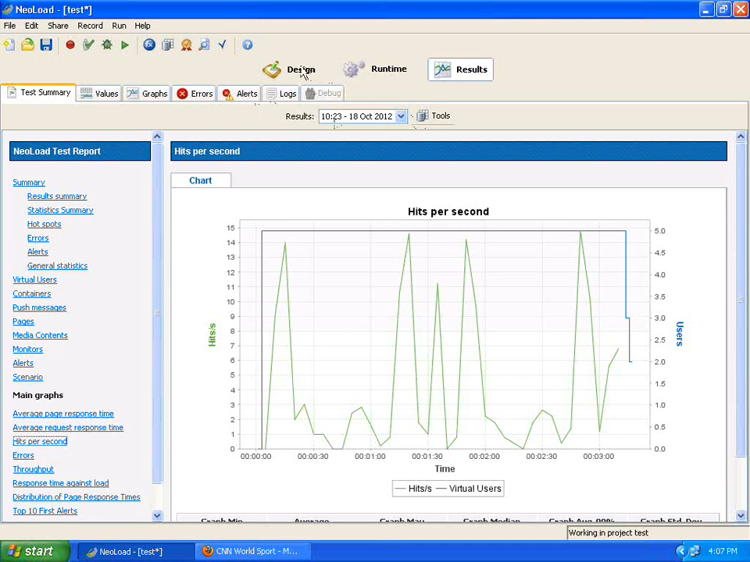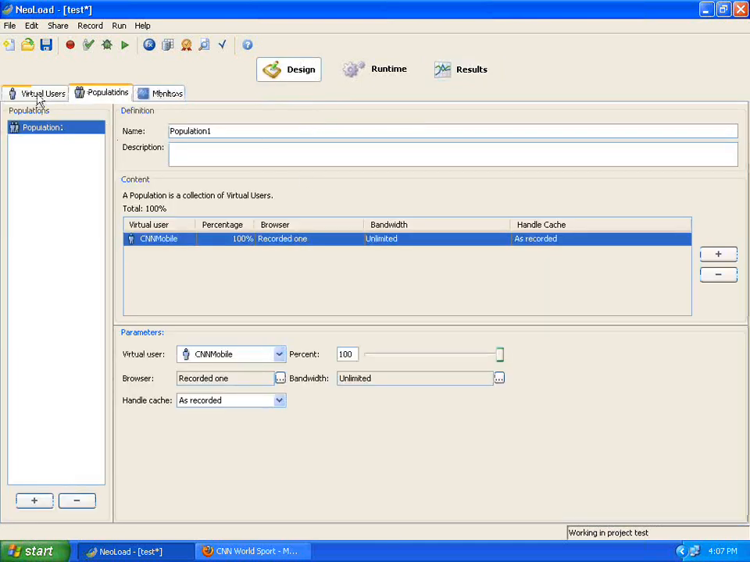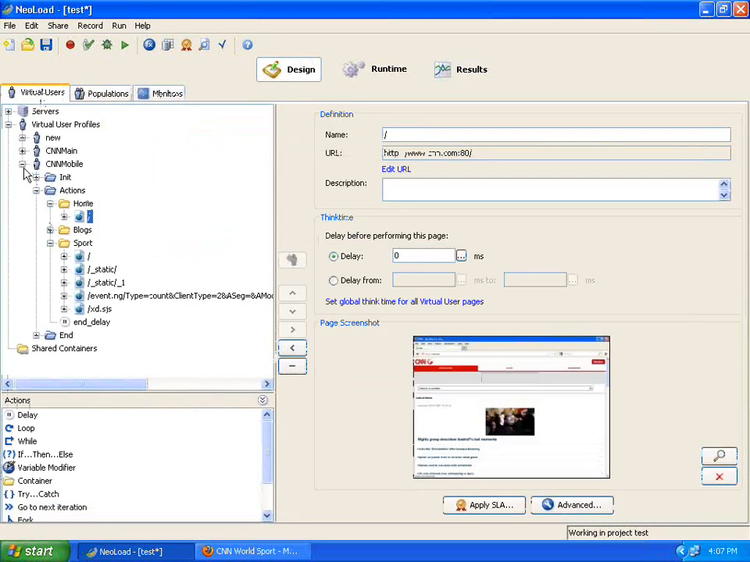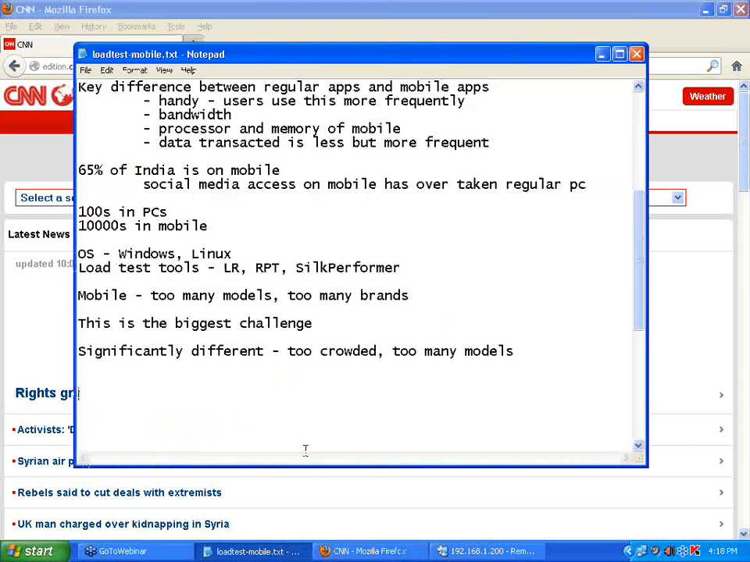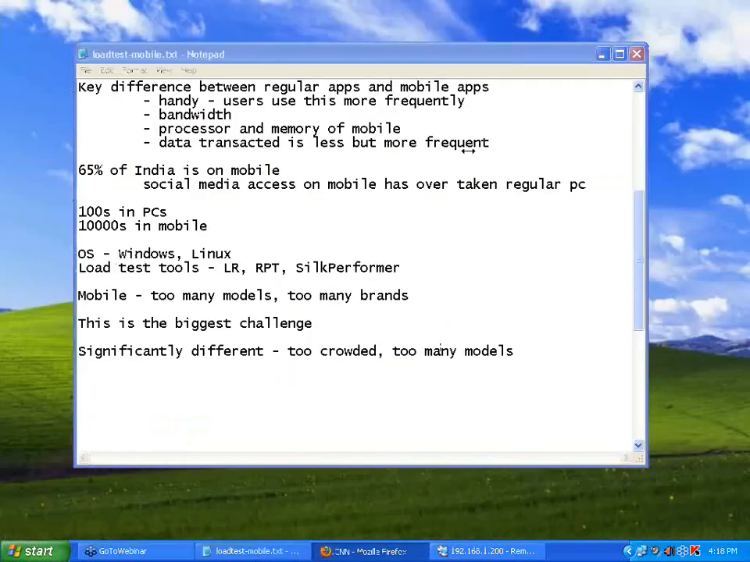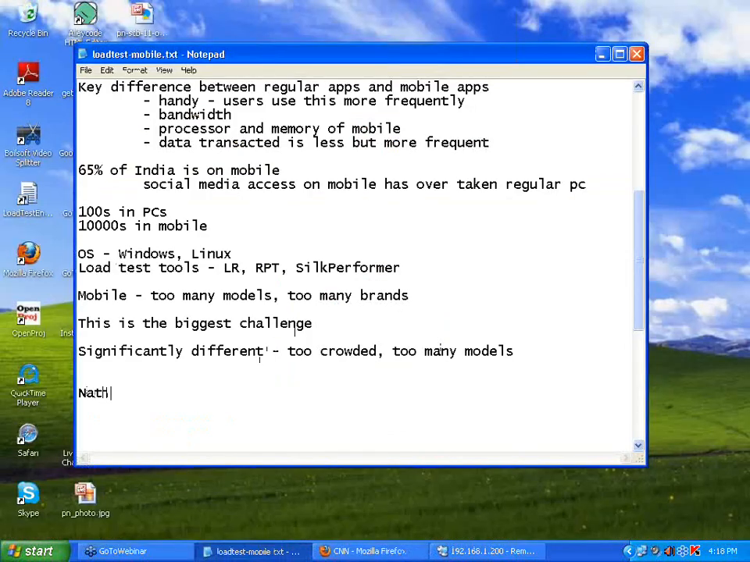circles. Now, the next portion we were going to do is recording a native application. Okay, what is a native application? I am going back to the notepad. Okay, native application means rich client